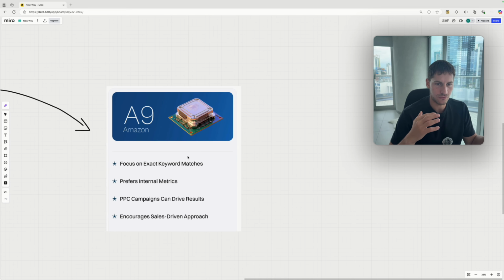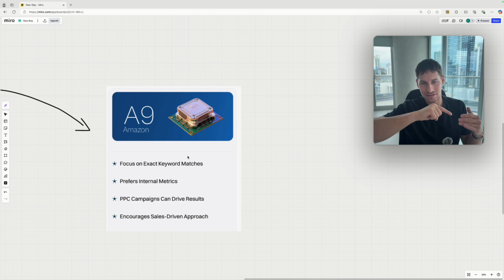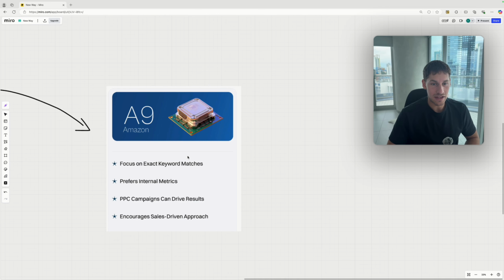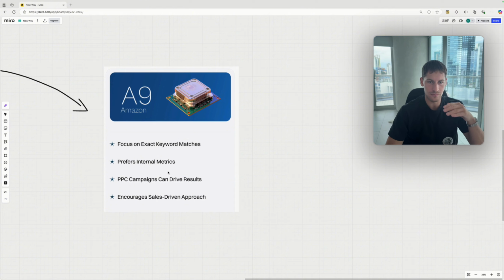It was born probably 5 years ago when the Amazon algorithm was the A9, and the main focus of the A9 algorithm was literally exact keyword matches. So according to what the customer types in the search bar, it matches the titles that have these search terms inside their title. It shows them in an order where the more sales you get, the higher you appear in the hierarchy. It doesn't matter where the sales come from, and it doesn't matter what type of customer bought them. It just calculates the amount of sales you make inside this ranking.